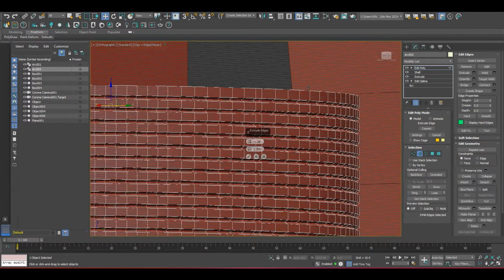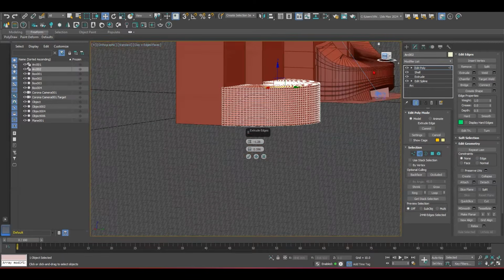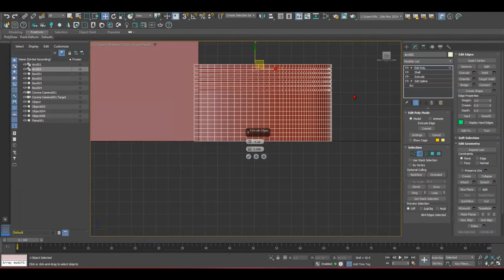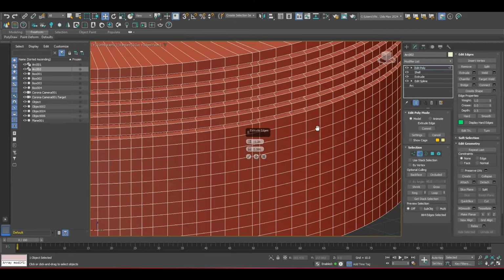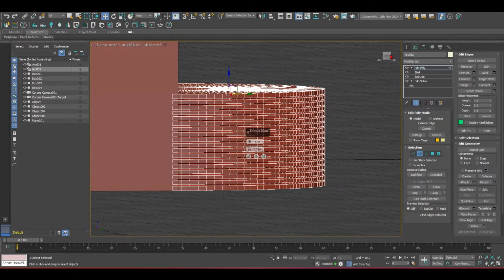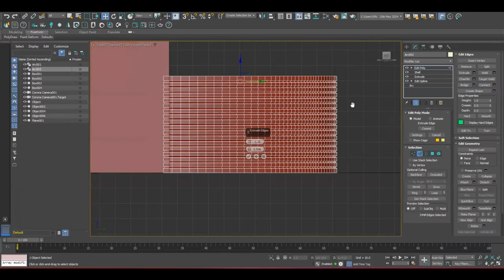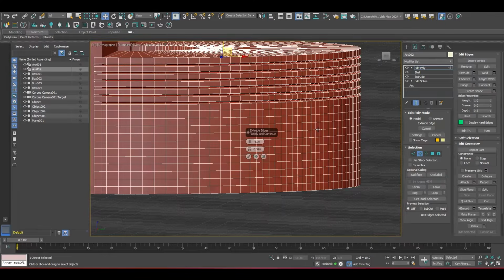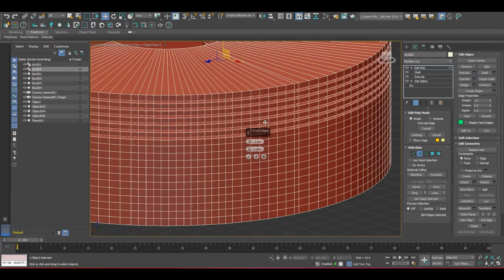Okay, I don't want all of it to be this way. Just deselect some of it. So push this extrusion, and the lower portion can stay as it is.